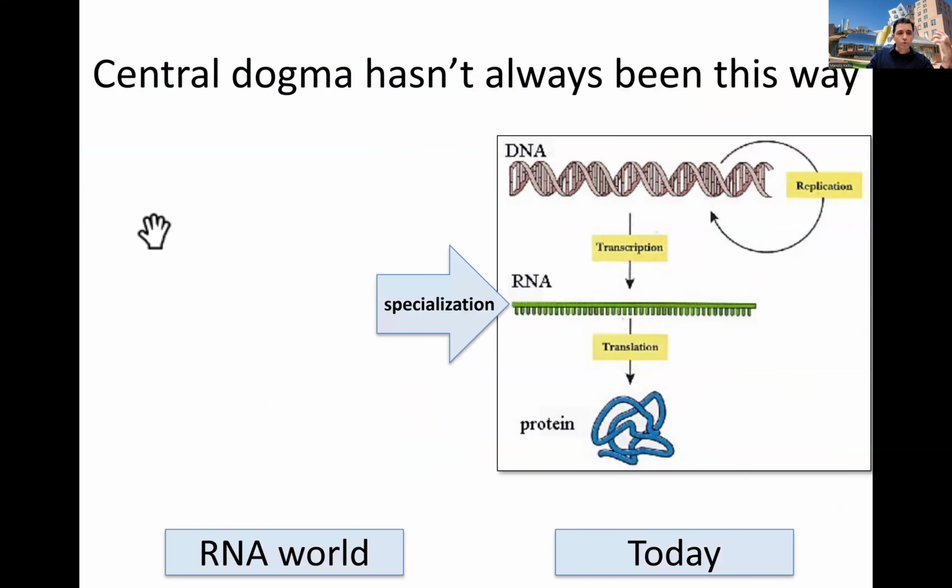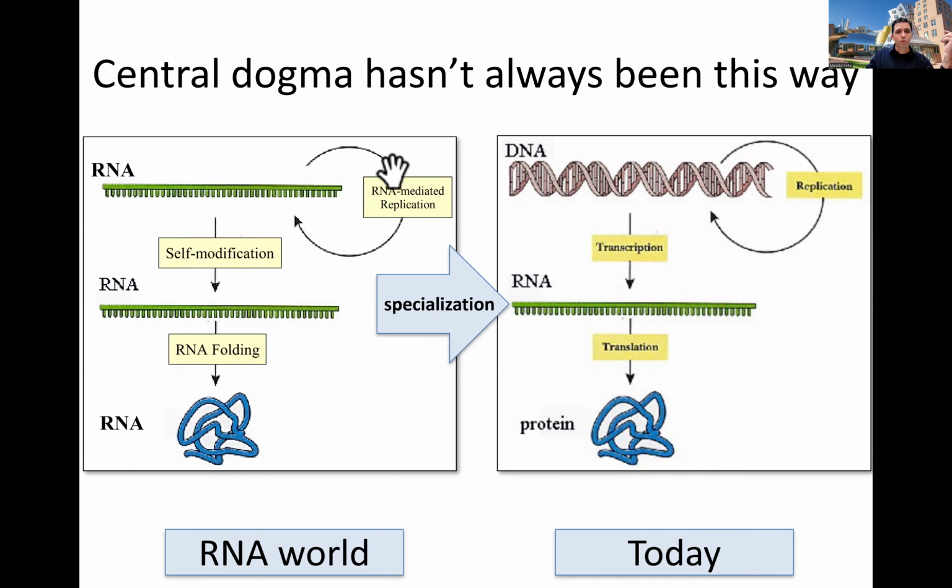So that there was once an RNA world where RNA was used for information storage through self-replication. It was used for modifications, and it was also used for catalysis, where everything in that world was carried out by RNA. And eventually, there was this specialization of functions where DNA took over the boring task of storing information. Proteins took over the extraordinarily versatile task of folding in 3 dimensions and carrying out functions inside the cell. And RNA, at least, still serves as the intermediate between DNA and proteins,